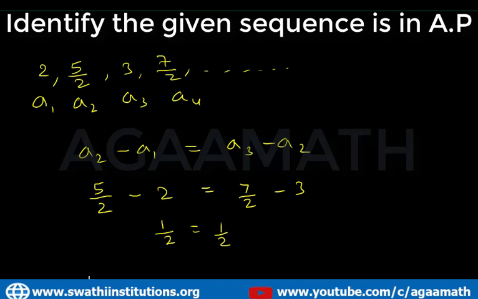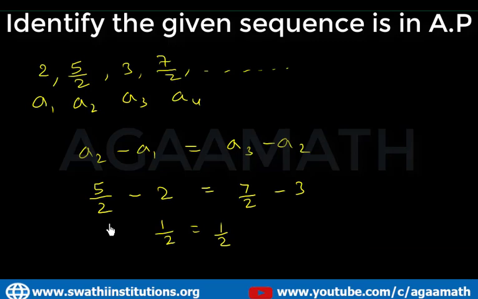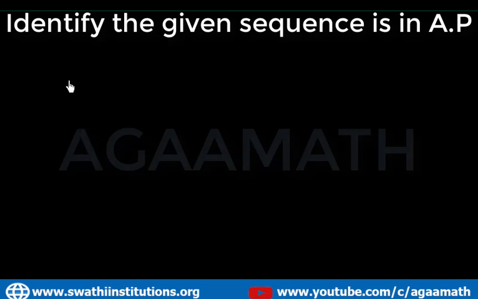So whatever it may be, either fractions, decimals, natural numbers, or rational numbers, anything, if the given sequence has a common difference, then it is called an AP. That we have already learned in the previous video. So today we learned how to identify whether the given sequence is in AP or not. So finally I would like to tell you that if the difference